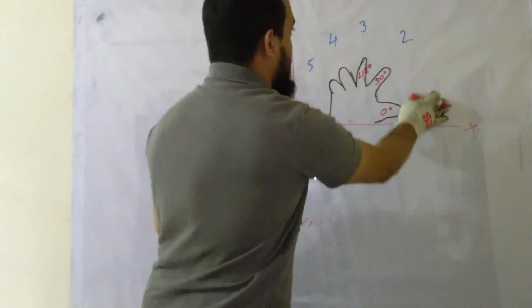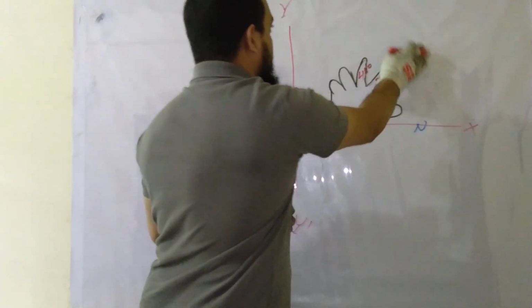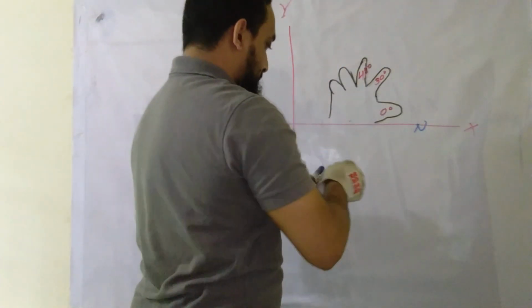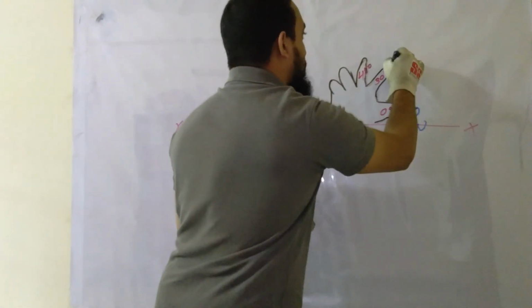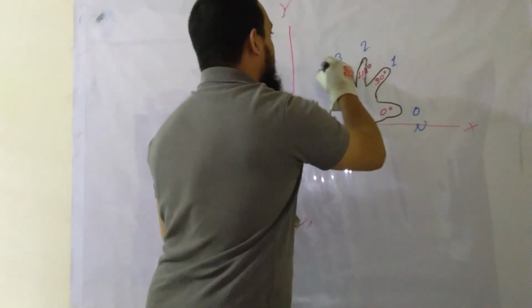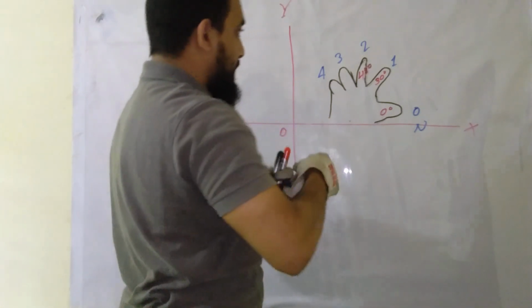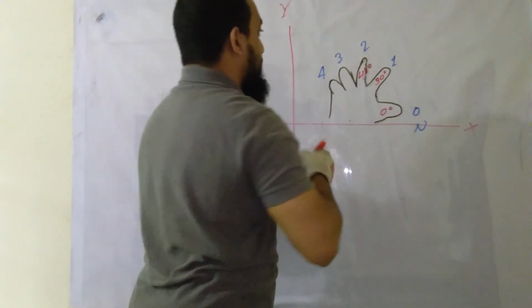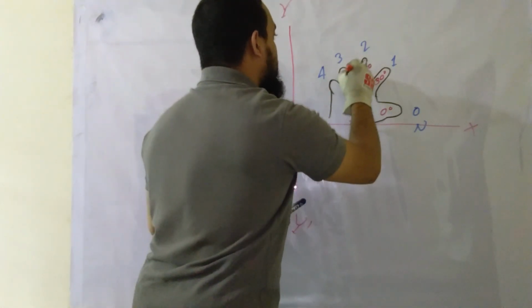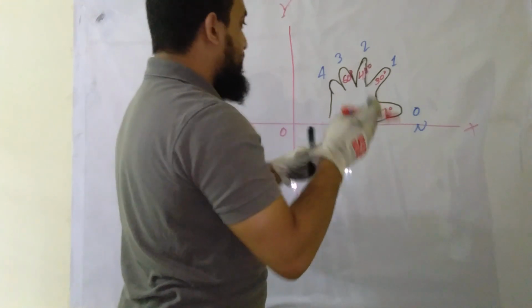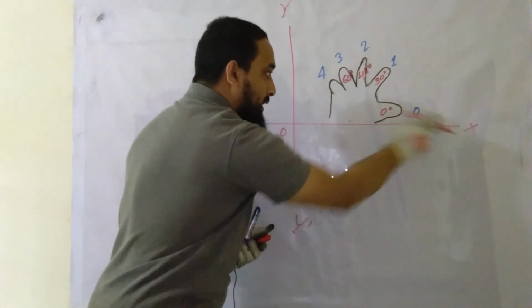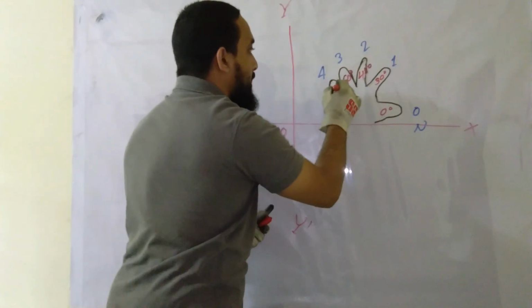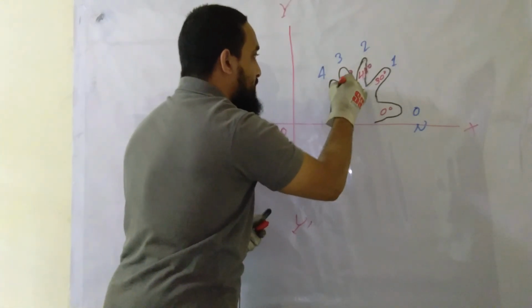Oh sorry, this is going to be the value of n, 0, 1, 2, 3, 4, my mistake. So this is going to be 60 degree, and I consider my little finger as the y-axis. We know that the x-axis and y-axis are perpendicular to each other, so this must be 90